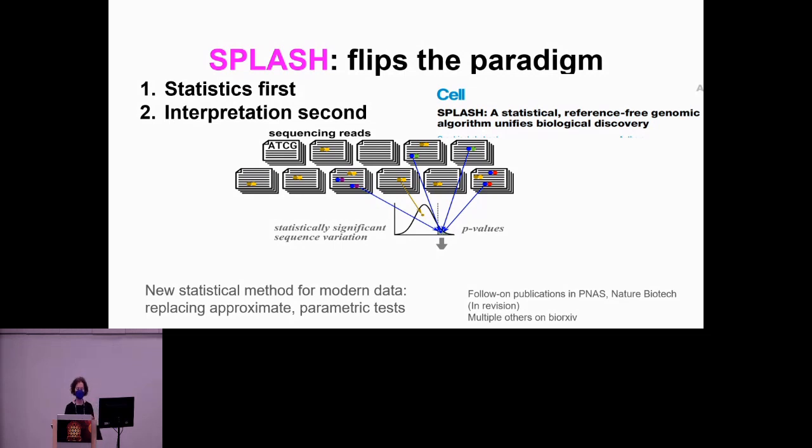So what do I mean by statistics first? You take any set of sequencing reads that you have. Each of them is depicted as one of these file stacks. What the algorithm does is it essentially searches through all of the k-mers in every file. And then it fixes a single k-mer. Let's just, for sake of discussion, pick a blue k-mer. Blue is some sequence like AT, GGG, etc., about 27 long. The algorithm will do this in parallel for every single 27-mer. But for the blue one, it looks for it in every file.